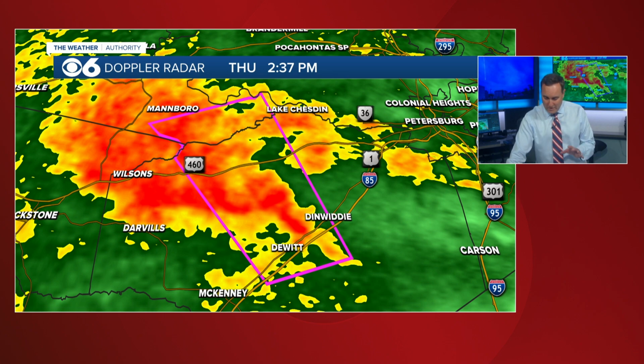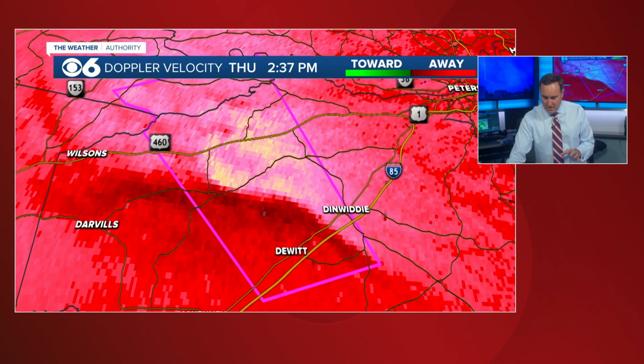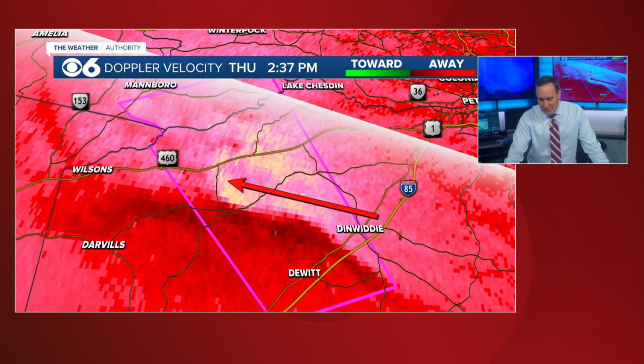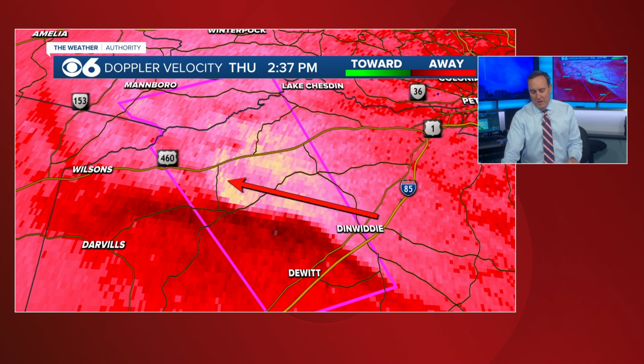And here are the winds. And you'll look at this area right in here, and you'll see how the winds are pretty intense. These winds, essentially, the bright shadings up here, those are moving away from the radar site. And the red shadings are just moving away from the radar site at a much lower clip. There's no green in there right now. Green would be moving toward the radar, but these are just very, very light winds compared to what is just